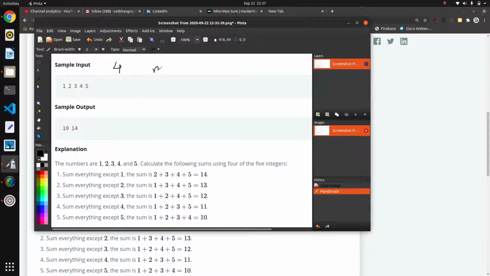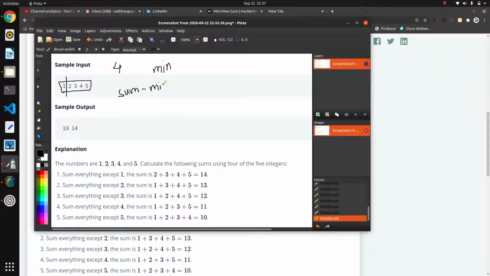For minimum, I will find the sum of all five numbers and subtract the minimum number, the lowest number, from the sum. I will find the sum of all my five integers as I iterate my loop. We will do code soon.